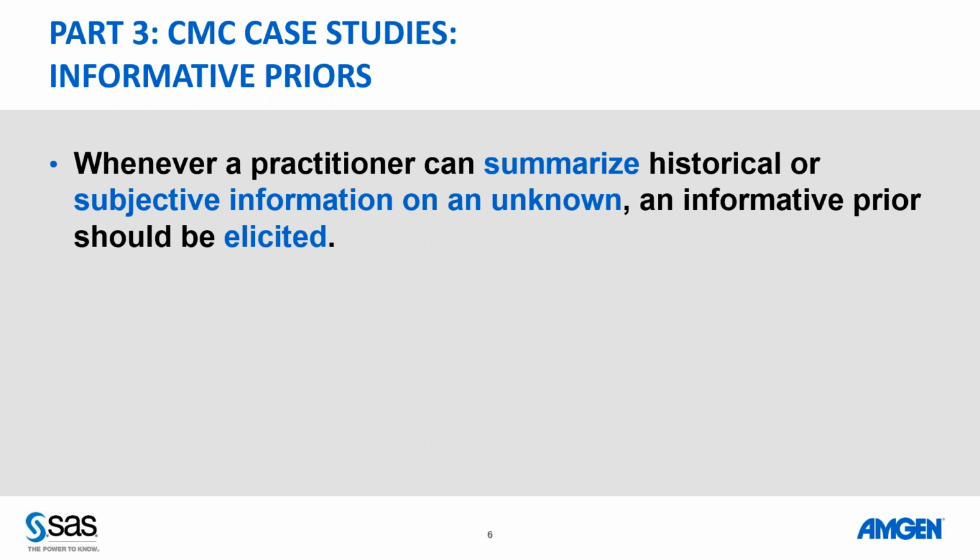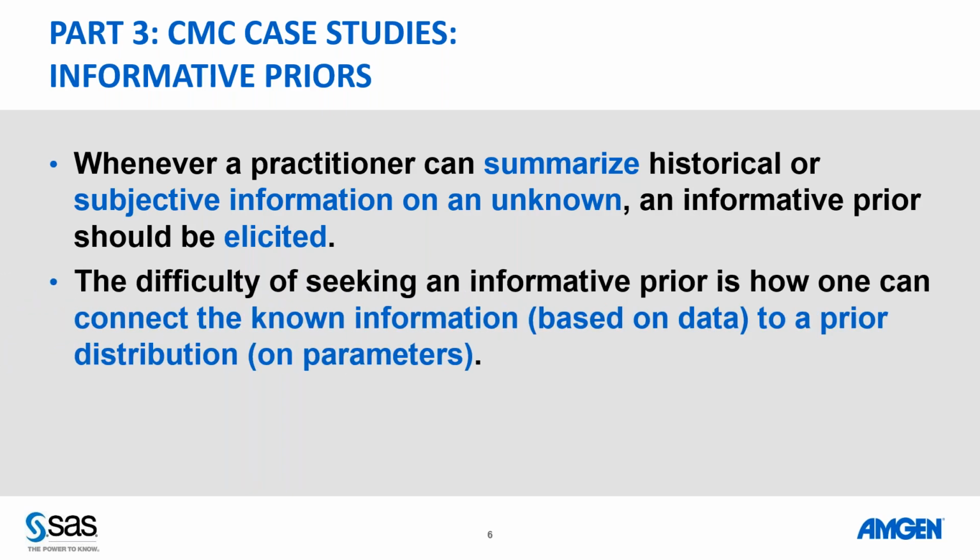So talking about informative priors, we need to summarize that information. It's subjective information about an unknown, and this unknown is the quantity of interest. We showed you the frequentist and Bayesian diagrams before. It may be we want to predict expiry at a certain time point, 36 months, 48 months. We may be looking at the difference in means like we did last week for biosimilars, or a variance ratio. So that's the unknown. We need some information, and we should elicit that information. And we'll talk a little bit about that.